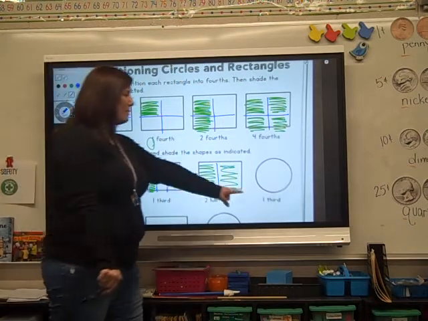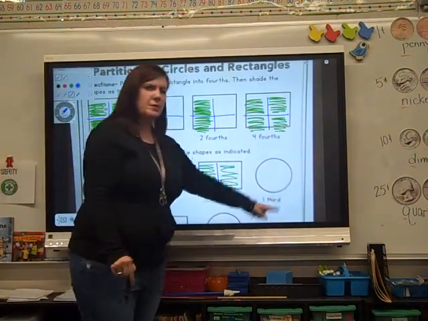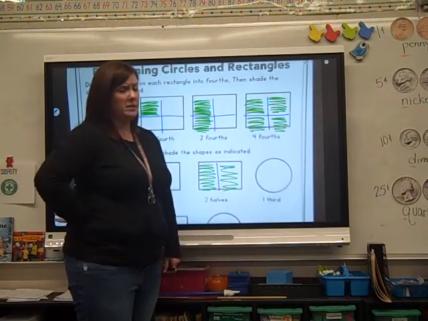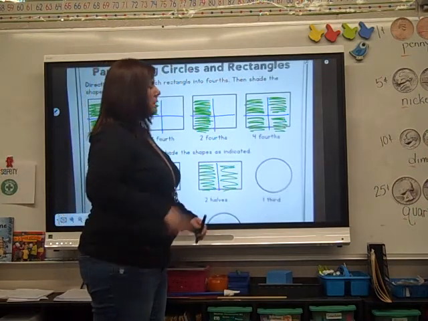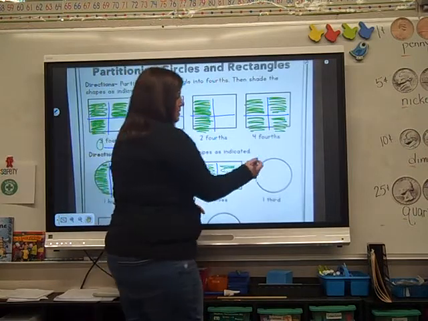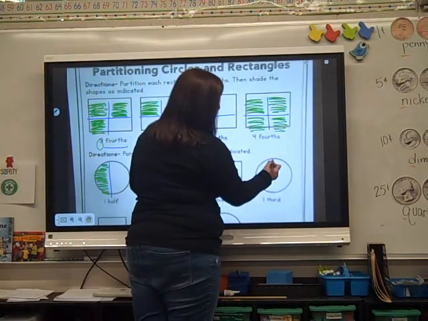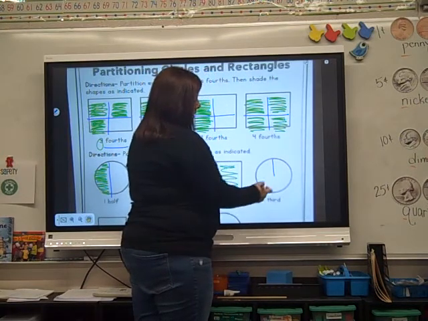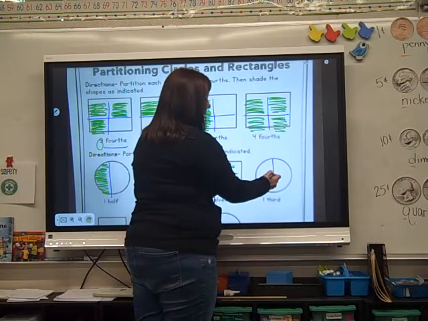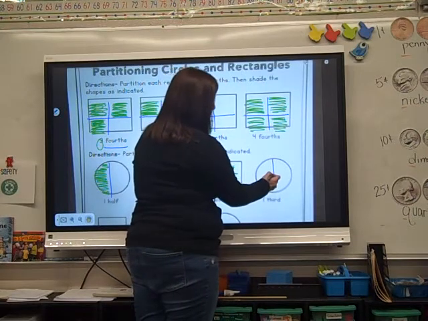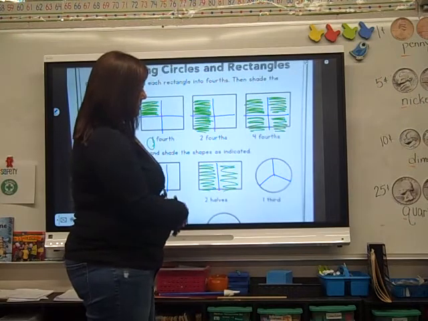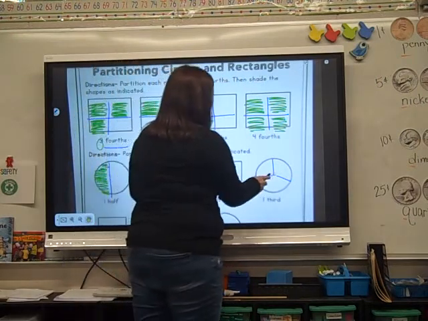Alright, now we've got to cut the circle into thirds. Thirds means 3 pieces. Now guys, it's hard to cut a circle into thirds. Let me show you how to do it. Start at the top of your circle and go to the middle. Okay? Now, take a line, go this way and this way. That's not too bad, is it? Now what you don't want to do,